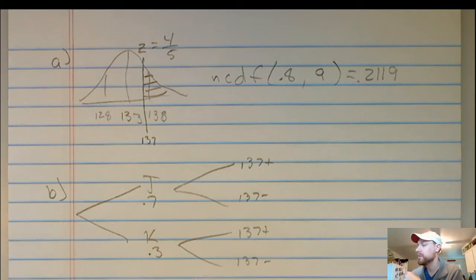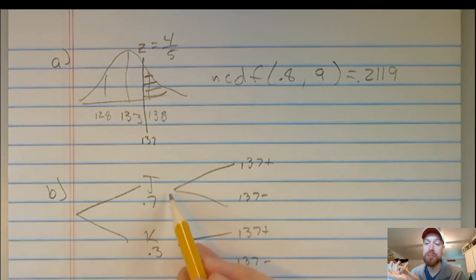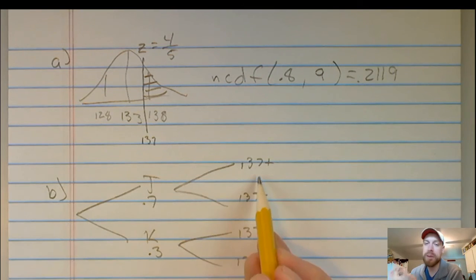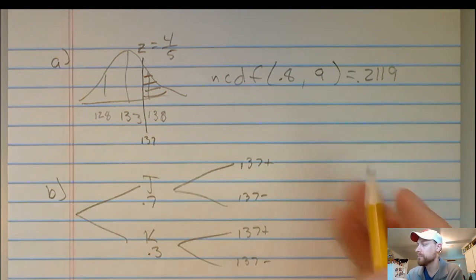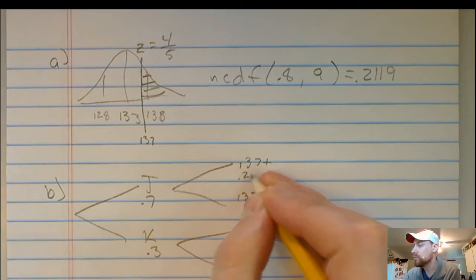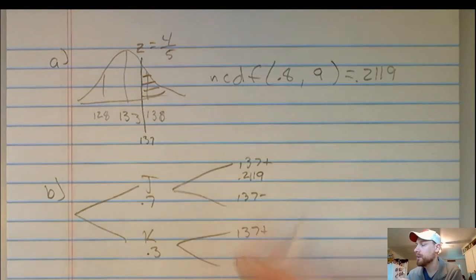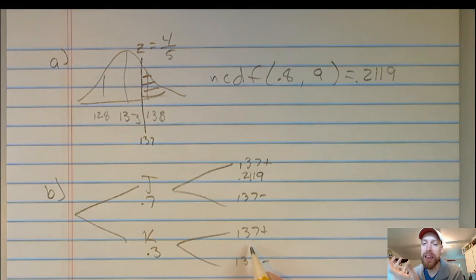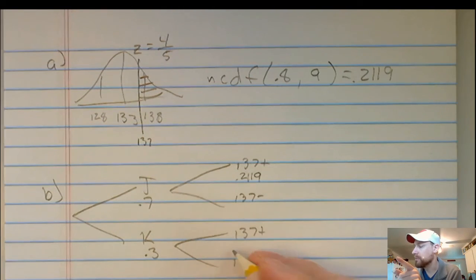If it's from distributor J, the probability that it's greater than 137 is what we answered right there. So that's 0.2119. If it's from K, the probability that it's greater than 137 millimeters is what's told to us in the problem,